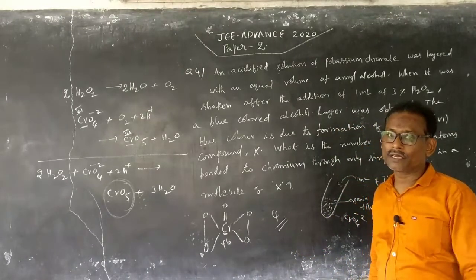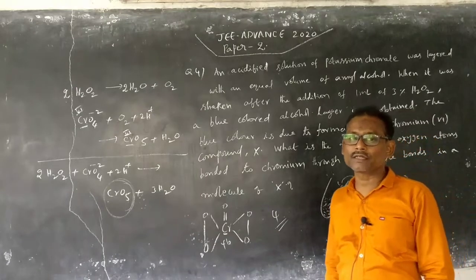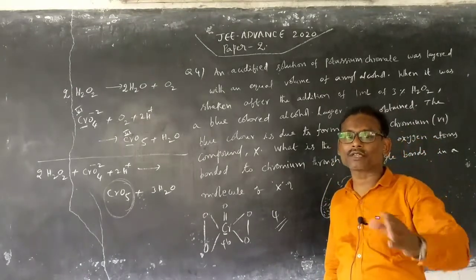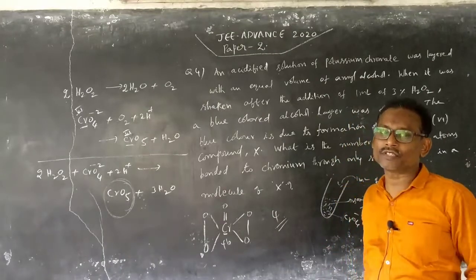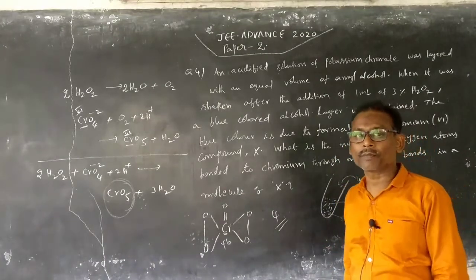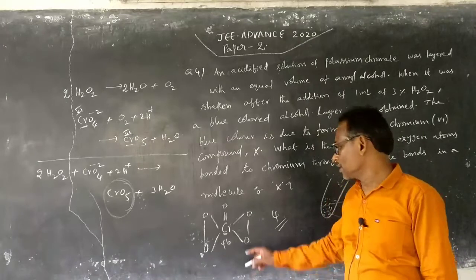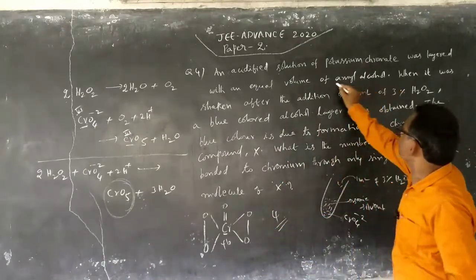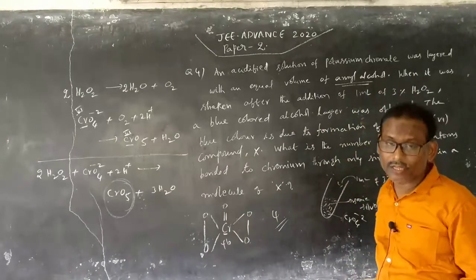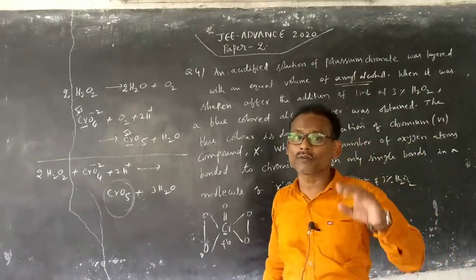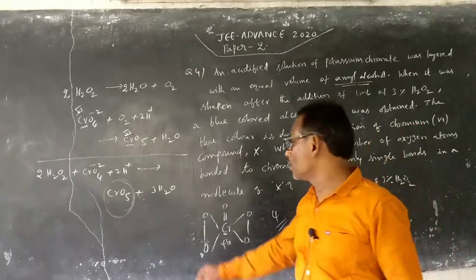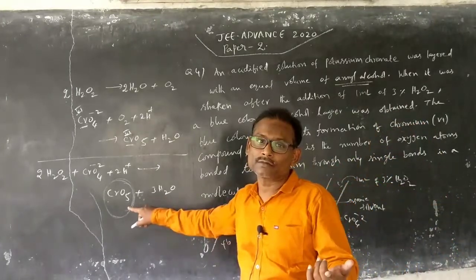This is one of the reactions that happens in organic solvents, where the acidified form of chromate interacts with hydrogen peroxide and gives a compound which exhibits a blue color, that is chromium peroxide. Okay, this is the reaction. But suppose this solvent is not organic, and you perform it exclusively in an aqueous medium, then this compound is not going to be stabilized.